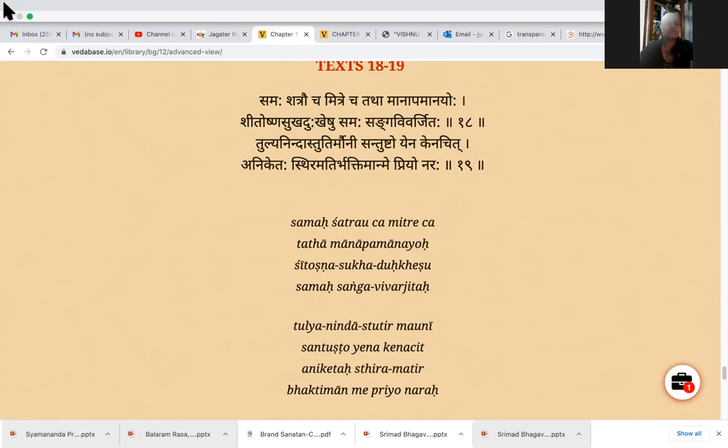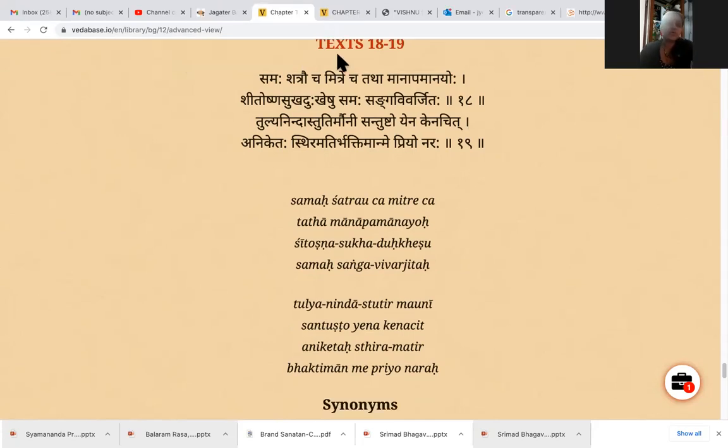Samah shatrau cha mitre cha. समशत्रौ च मित्रे च Tatha manapamanayoho. तथा मानपमानयोः